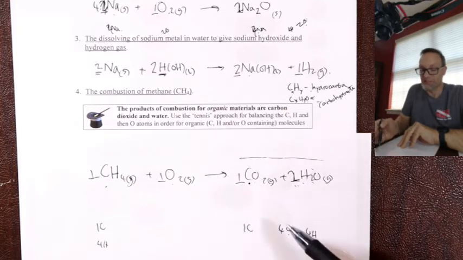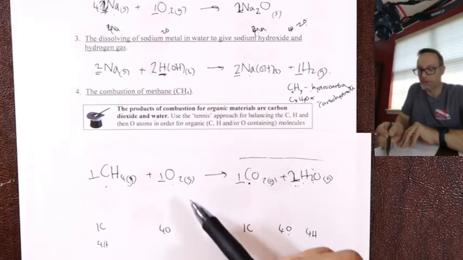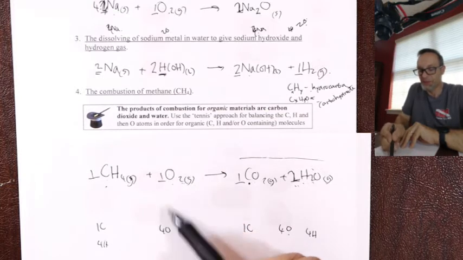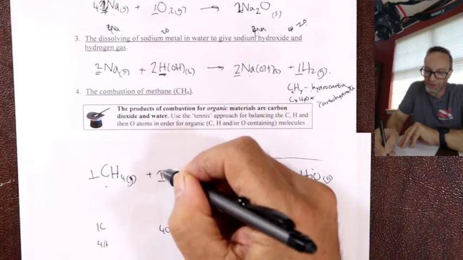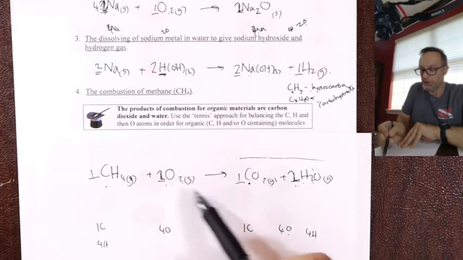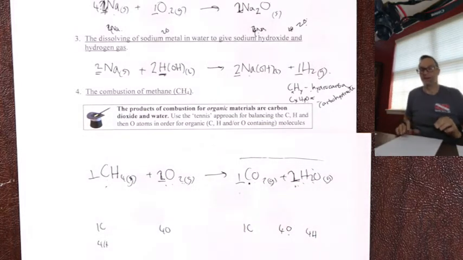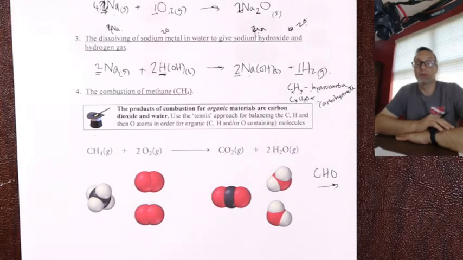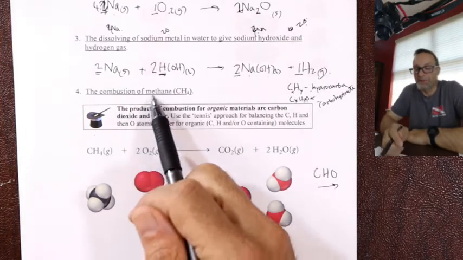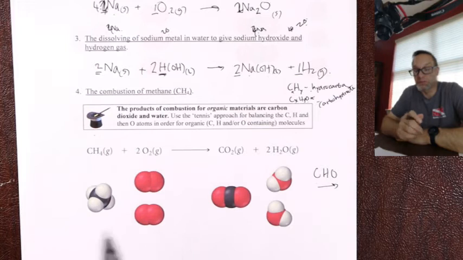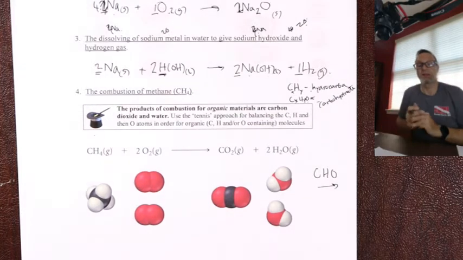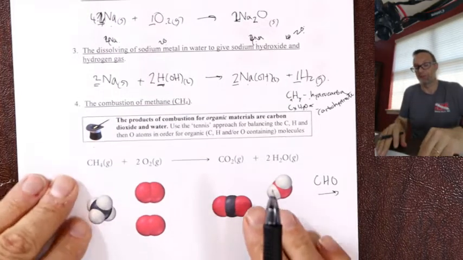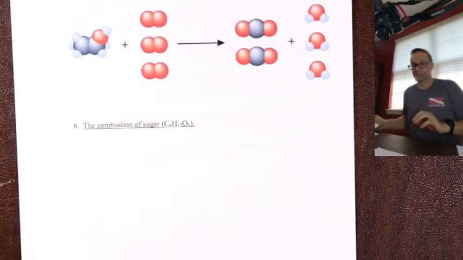So I need 4 oxygens. That means I need 4 oxygens over here. Oh look, they travel in pairs, O2. So how many pairs make 4? 2. So it's 1, 2, 1, 2. All right, there it is. Okay. So organics, we can write deceptively simple equations, golden rule, balance them in order: carbon, hydrogen, oxygen. Oftentimes oxygen will take care of itself. All right, so